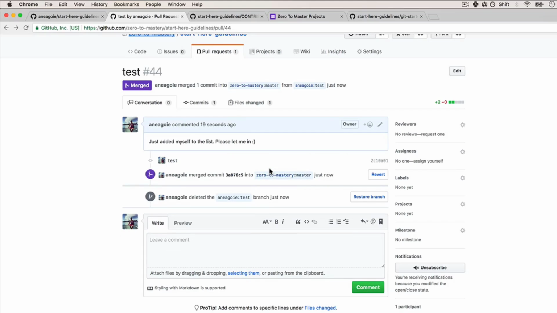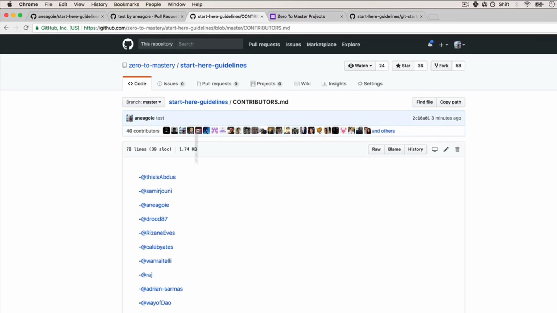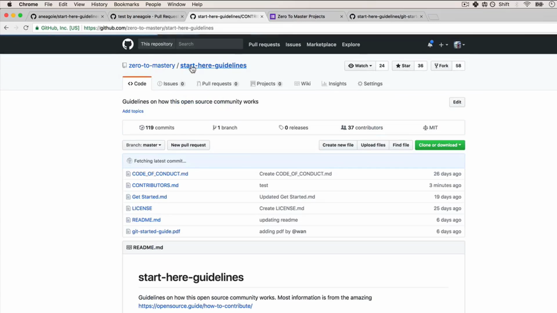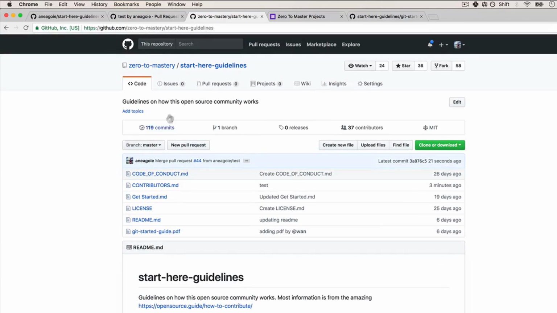So this is good practice to have. If I go now back to this and refresh, look at that. My name appears in the contributors file in the start here guidelines on the 0 to mastery. Very cool. Okay, so now that we know this, let's actually show you how to contribute to one of the